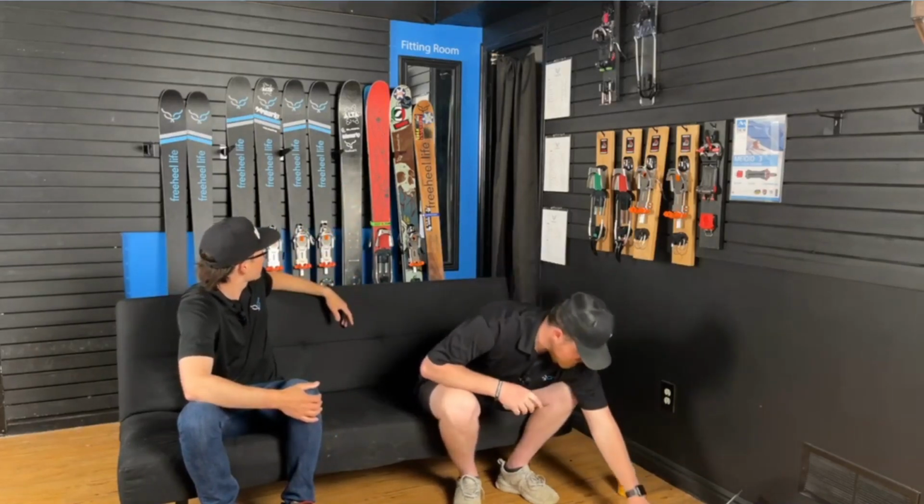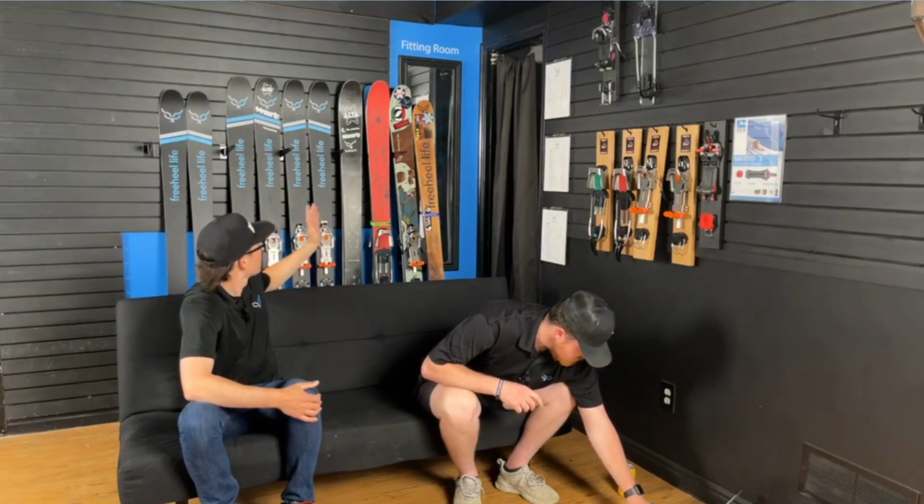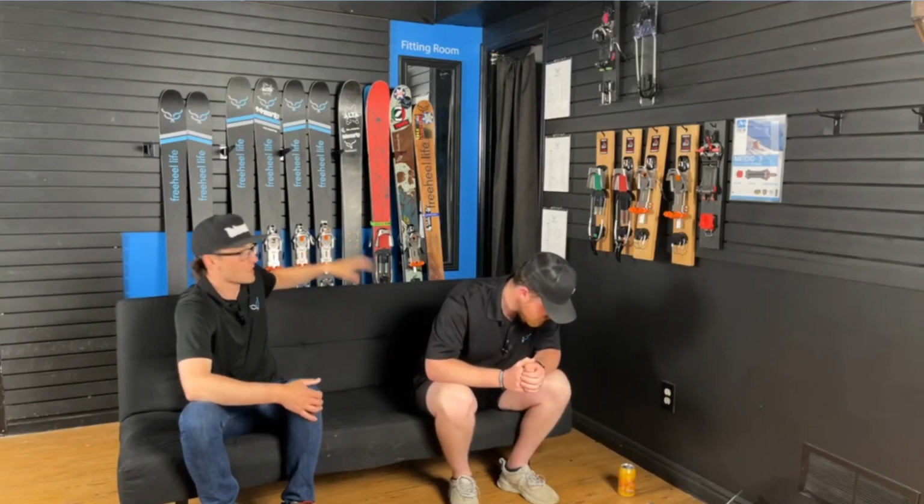Then in 2017, we did another run of Freeheel Life skis. We did the Switchblade, Rude Boy, and 801 again, that time with a couple more wild graphics. The skis in 2017 were pretty much in a similar fashion, where Todd built them for us, and we had some cool pieces of art done and sold another super small batch of those. And then, unfortunately,